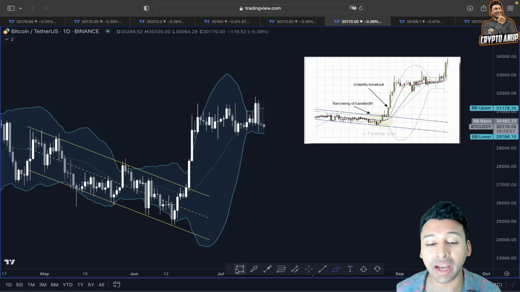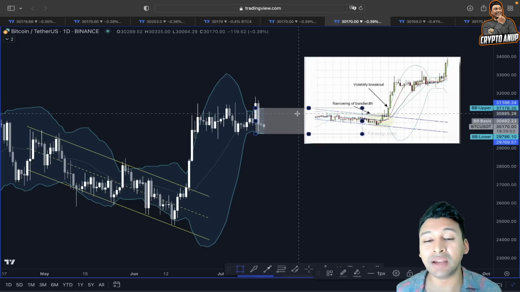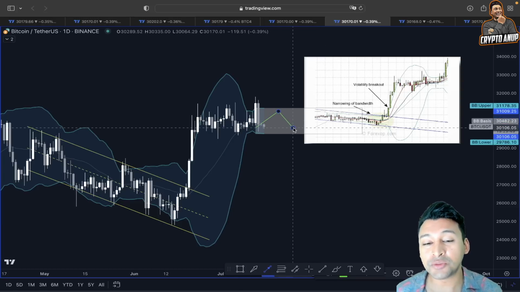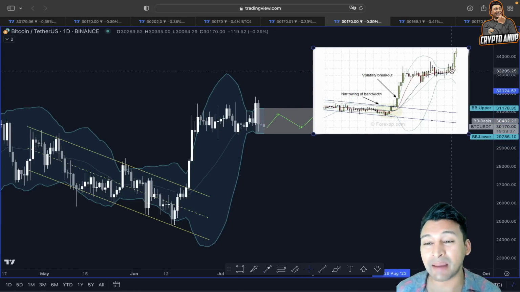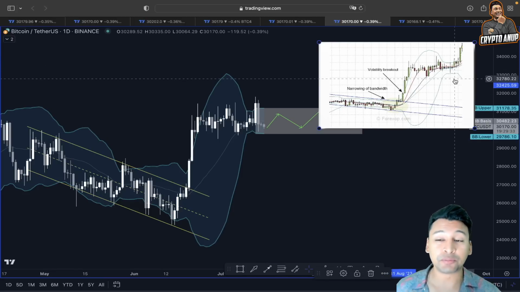But we are more than happy, right? We are more than happy if we can see the price of Bitcoin range bounding in between this line, because we know longer range bound means bigger breakout signal. And in this example, after some range bound, after price forming this squeeze, it has broken to the upside.